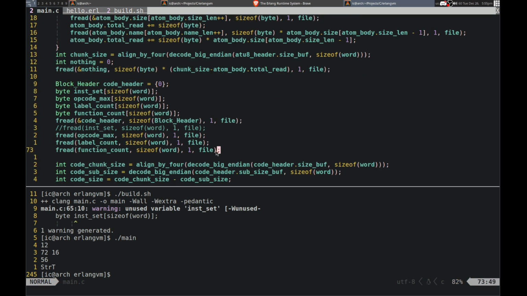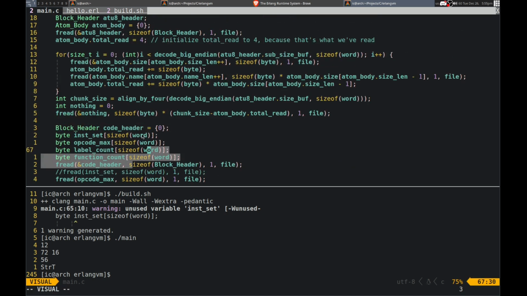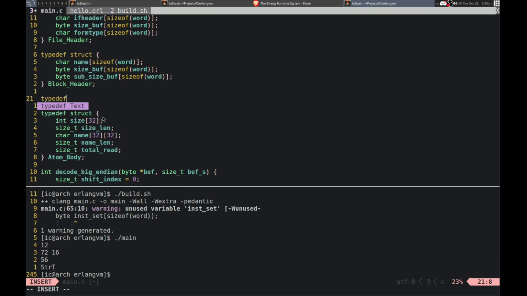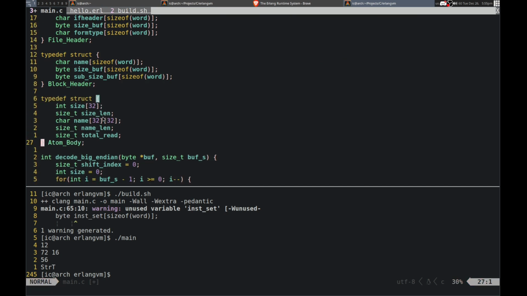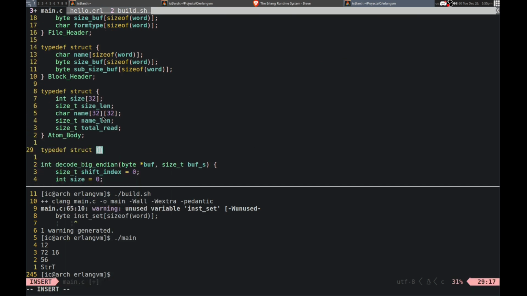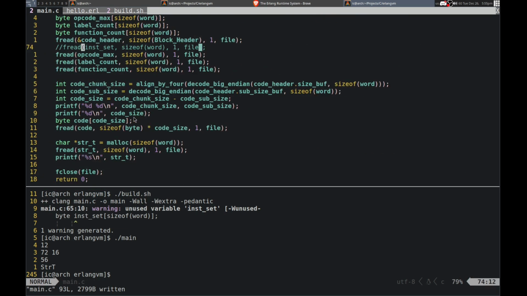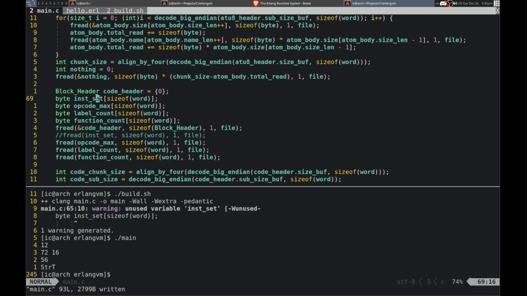Well, I can keep going. I'll try to actually make a code body. Alright, let's see. So we have these things. We could even put the code header in the body. Probably won't do that, but I could. We're not using all these, so I'll do it without the int set for now.